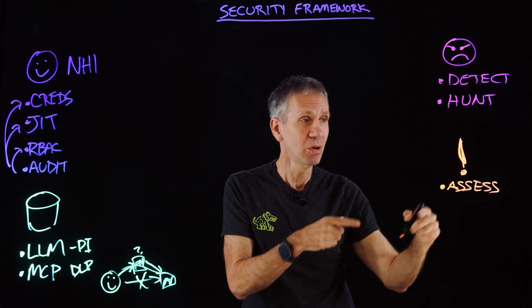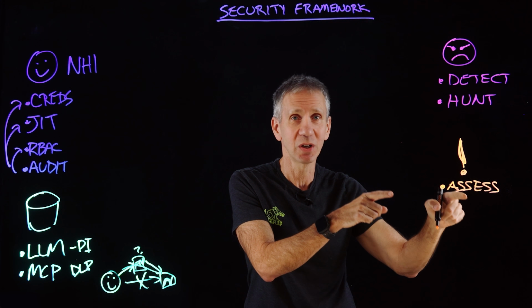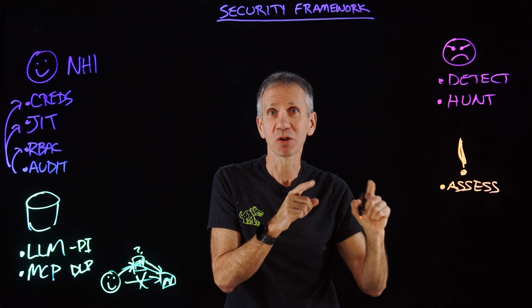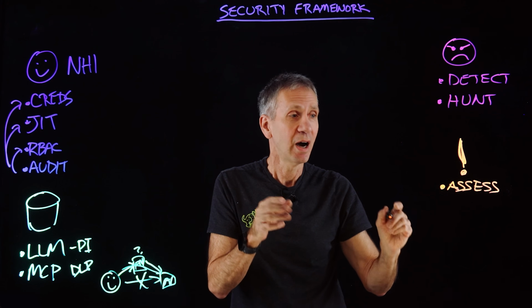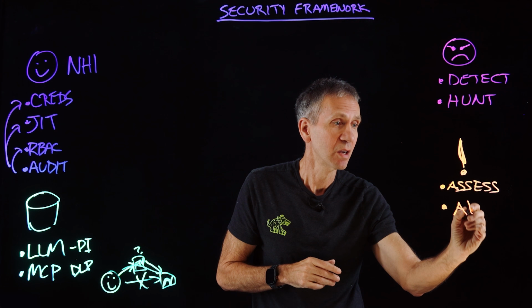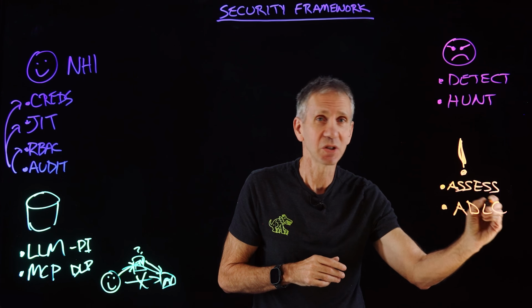And then finally, I want to be able to assess the risk of these systems. So as I just said, we have to see what kind of risk this system is exposing us to. I want to understand what the agent is doing, what it's able to do, where its limitations are, where it's going beyond those limitations. I also mentioned earlier that we want security across the entire agent development lifecycle.